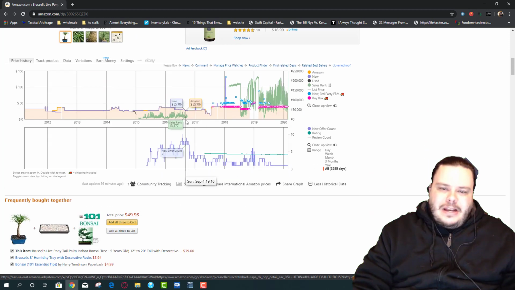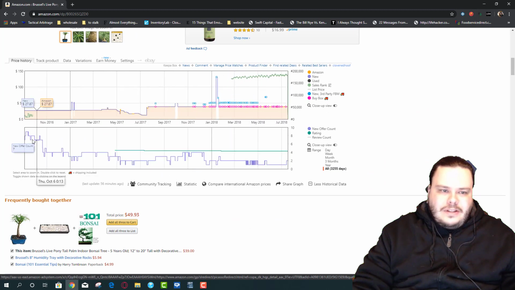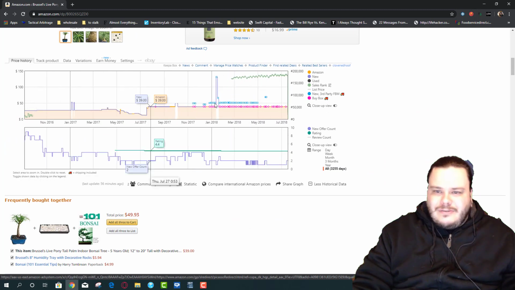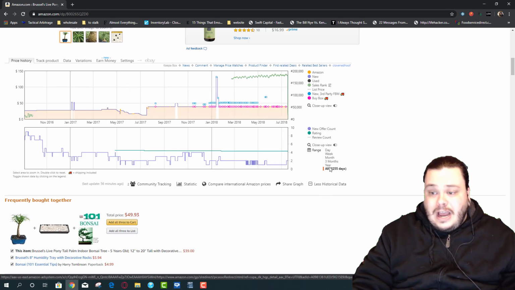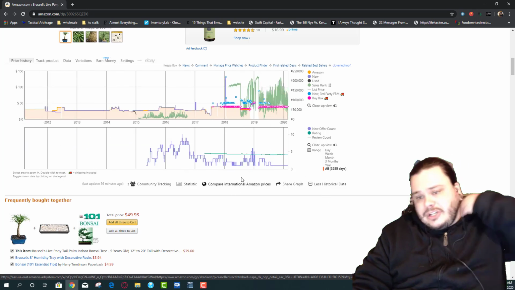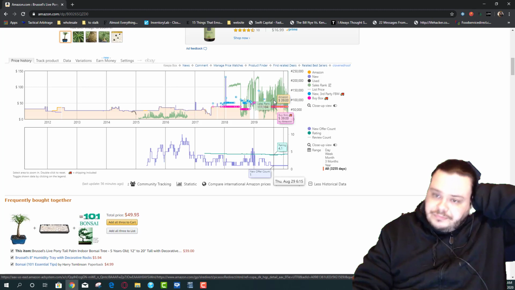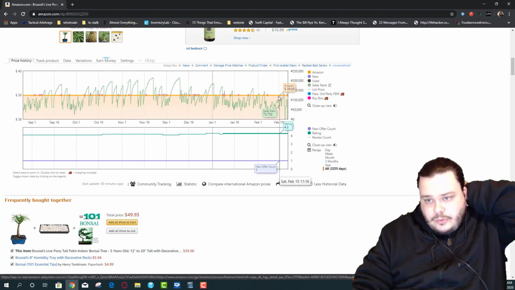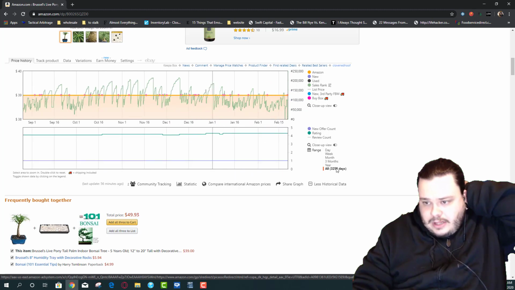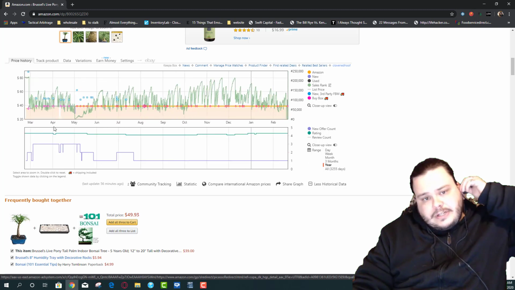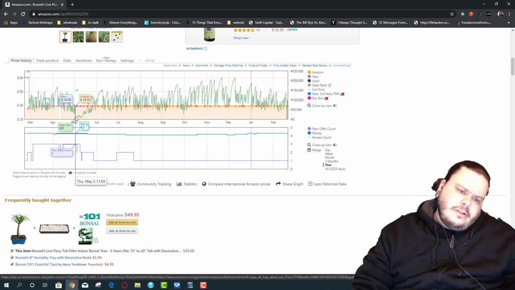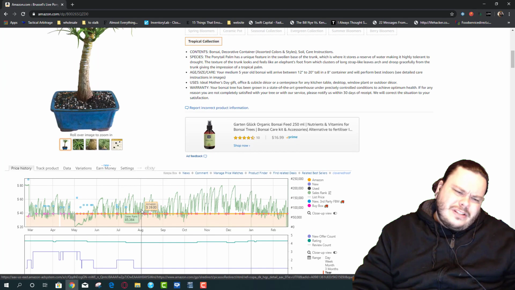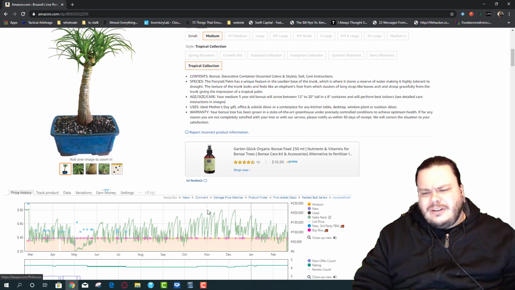So yeah, keep in mind, Keepa does not always show rank. Definitely something happened between there where the rank was lower to this. I don't know what happened, but it did definitely change. So yeah, this is just a cool thing. This is selling very well. I don't really see that this is particularly well. It does start to sell probably on May 2nd. I wonder if that was something last year. I wonder if that was Easter.